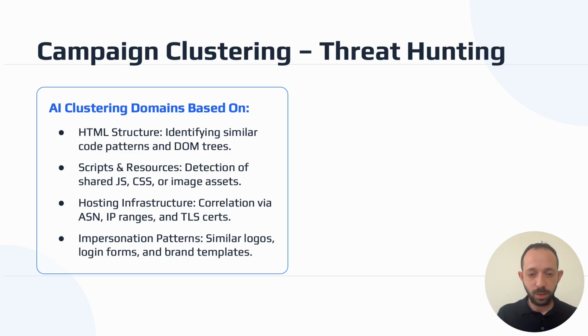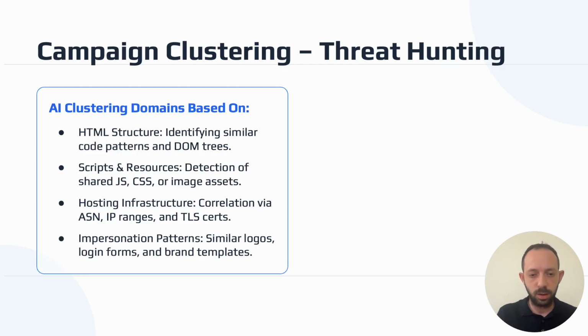For example, the same HTML structure, identifying similar code patterns or DOM trees, the same scripts on different domains, shared JavaScript, shared images, even the same obfuscation, the same ASN or IP region or TLS certificates, etc. All these artifacts, when they are used again and again on different domains, and we already concluded that they are malicious, I can use the AI to hunt the whole campaign and the whole infrastructure, and not just